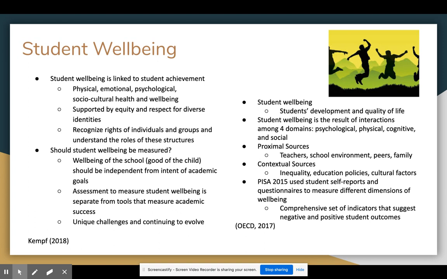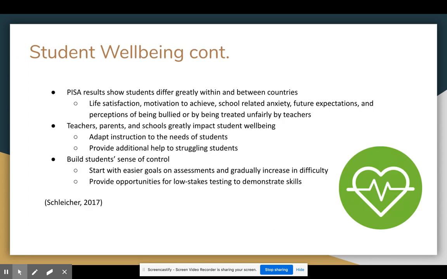So PISA 2015 used student self-reports and questionnaires to measure different dimensions of well-being, and what came out of that was a comprehensive set of indicators that suggest negative and positive student outcomes. PISA results show students differ greatly within and between countries. This includes life satisfaction, motivation to achieve, school-related anxiety, future expectations, and perceptions of being bullied or being treated